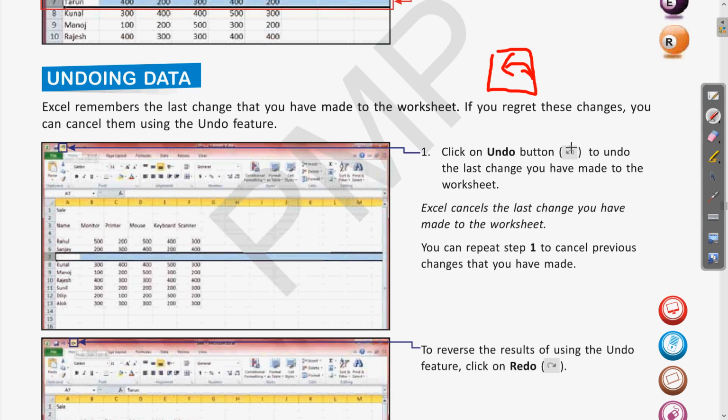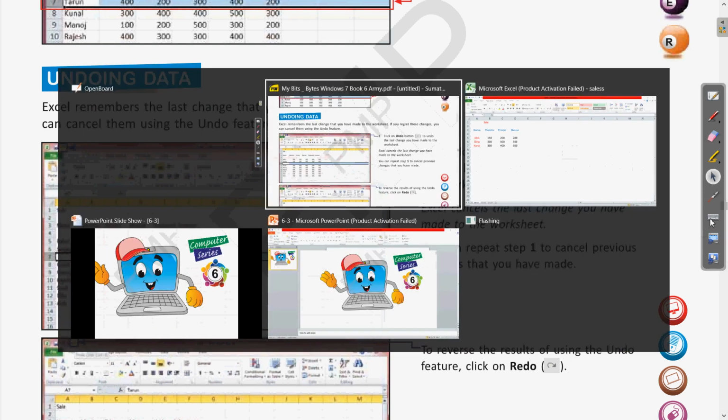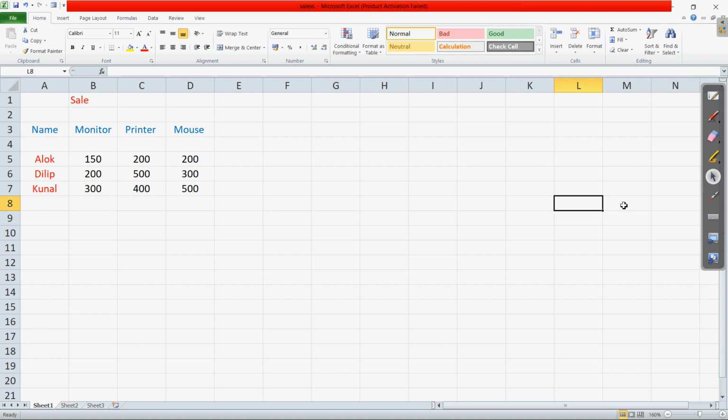So here it is also given. Clear? When you click on that, the last previous change, meaning the values which were there before the deletion, will come back. Okay, so let us come to the Excel sheet and see the values which you have just deleted.